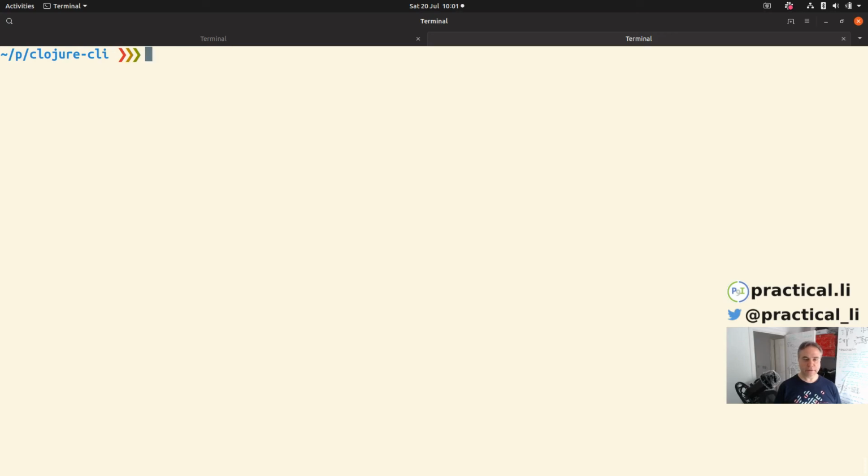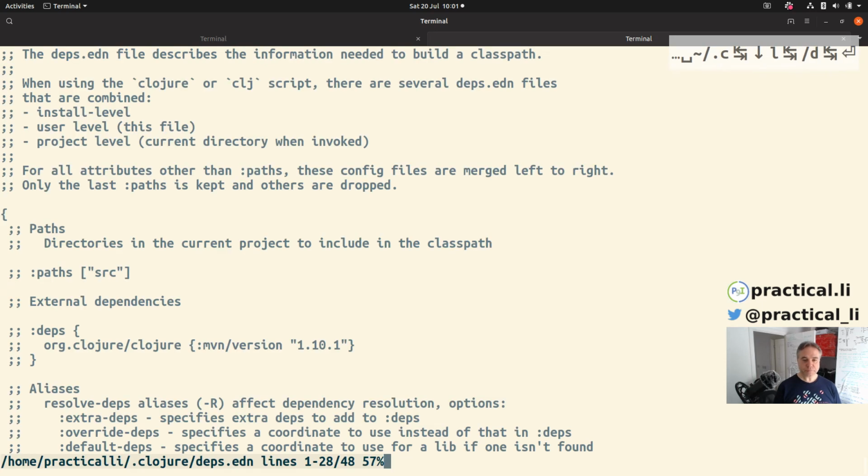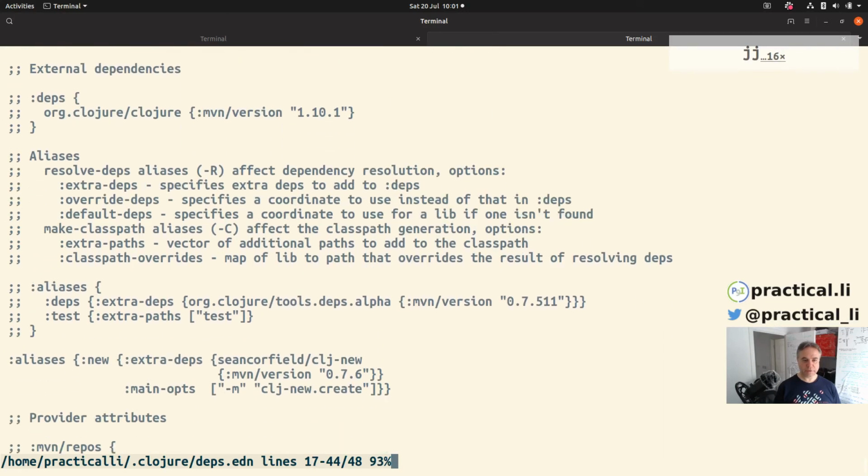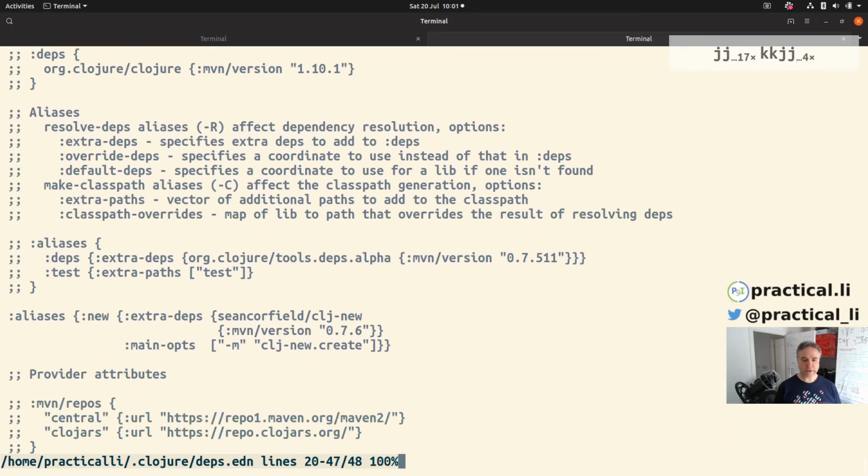I'm kind of interested to try the clj-new. So if I have just a quick look at the Clojure deps.edn file, you see we added this, where is it? We added this new alias, which calls clj-new, which allows us to create projects from that. So rather than having to hand code,